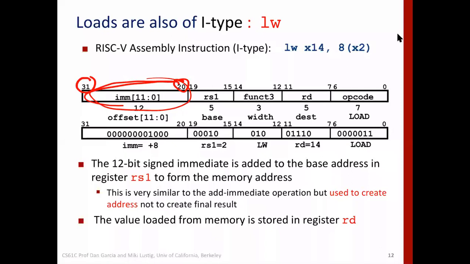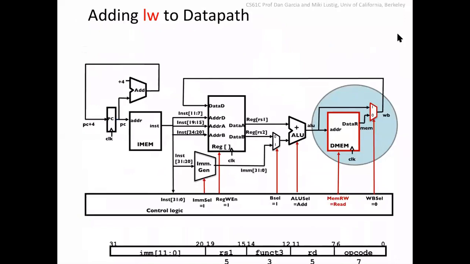So what I am trying to say is that these immediate fields in different instructions are not uniform, or we can say different instruction types have these bits in different positions. From that we have to generate a 32-bit immediate, which is sign extended. Then we have to reassemble these bits differently to create the 32-bit output, right? And this is the role of the generator. So now we have seen only one example where we are using 12 bits. Now we'll see others, okay?